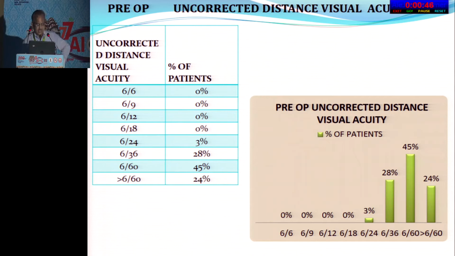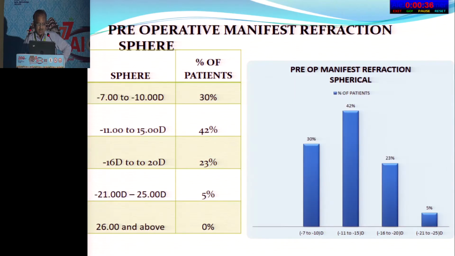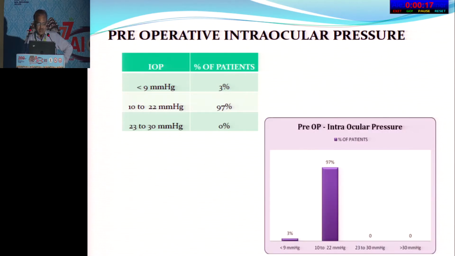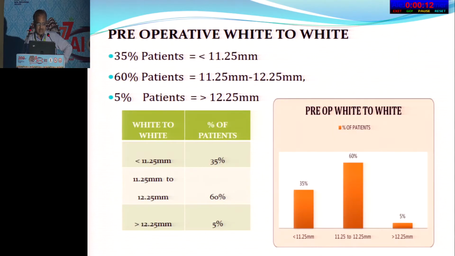3% of patients had 624, 28% had 636, and 45% had 660, and 24% had... and the preoperative refraction I've already told you. Anterior chamber measurement: 77.5% had 2.8 to 3.5 millimeters, and 22% had an anterior chamber depth of 3.5 to 4 millimeters. Post-op intraocular pressure was normal in around 97%, only 3% had less, and preoperative white to white 35%